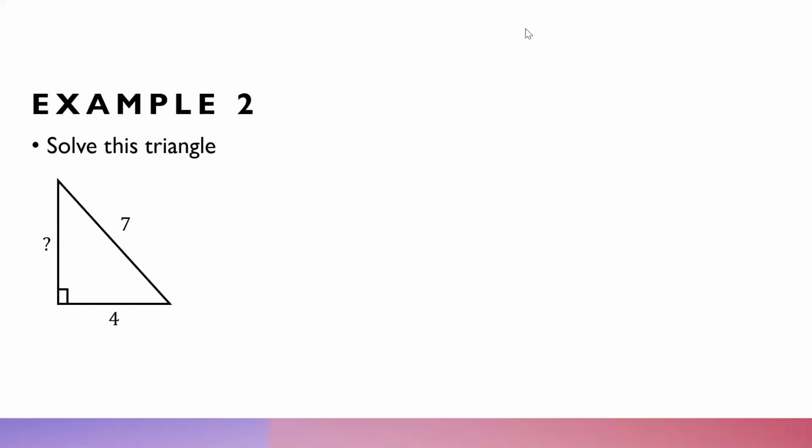Now let's solve this example number 2. Let us find the unknown side of the triangle. So suppose again this is our A, this is our B, and the C is always opposite the 90-degree angle, that is the hypotenuse. Now again, the formula is C squared equals A squared plus B squared. Now this time A is unknown. So C is 7, so this is 7 squared is equal to A squared plus the B is 4, so this is 4 squared.